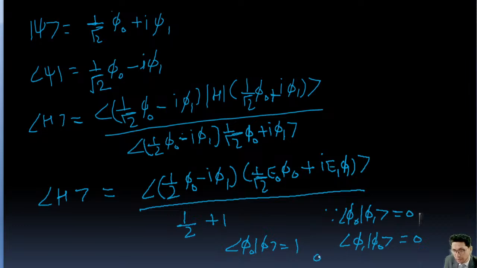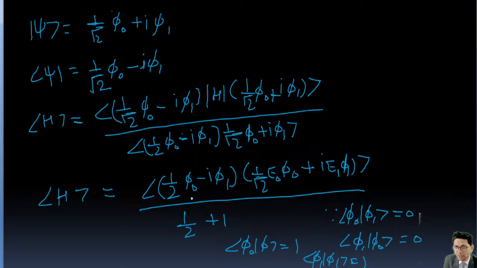Similarly, phi 1 with phi 1, this value is also going to be 1, because phi 0 and phi 1 are normalized wave functions. Next, the expectation value of the Hamiltonian is going to be